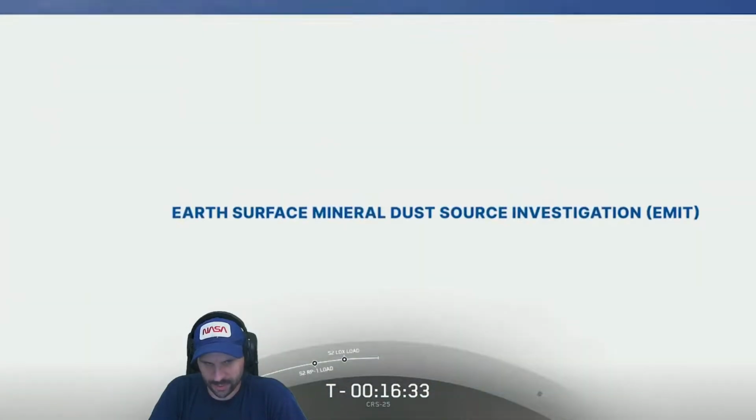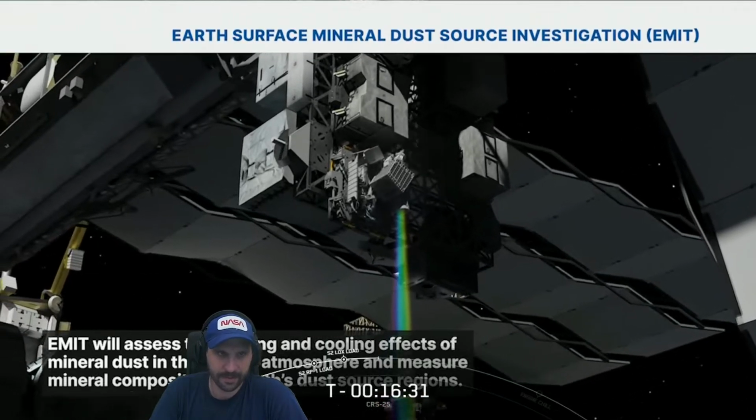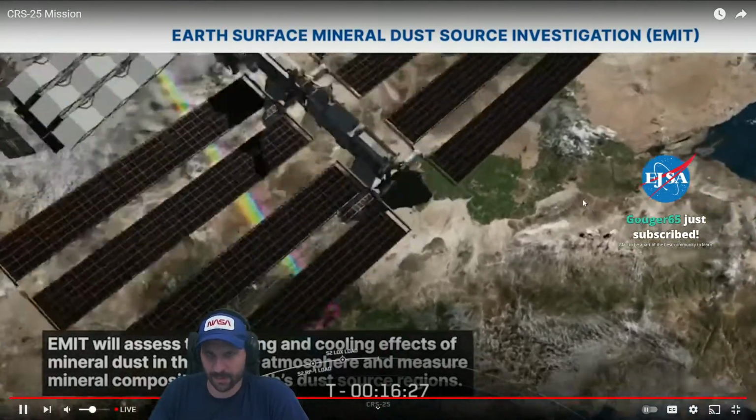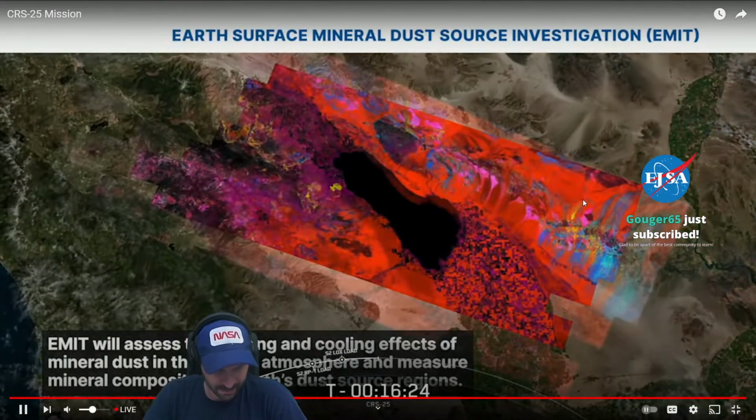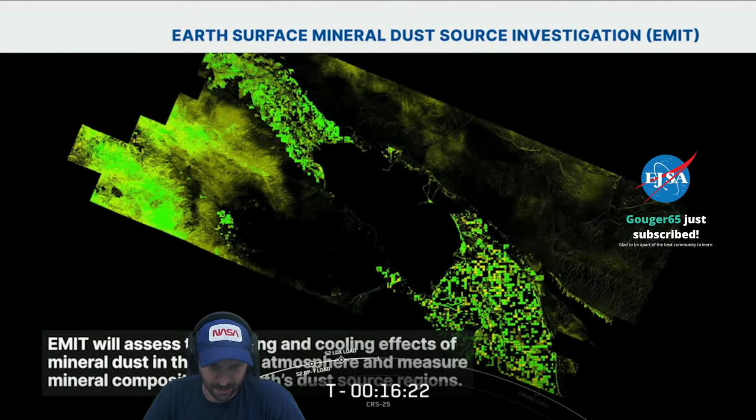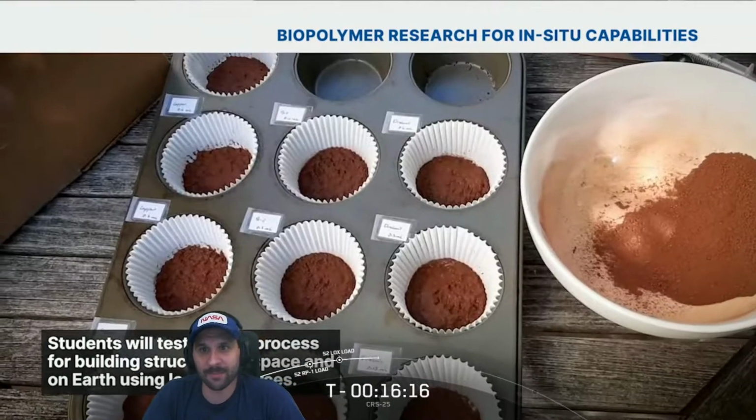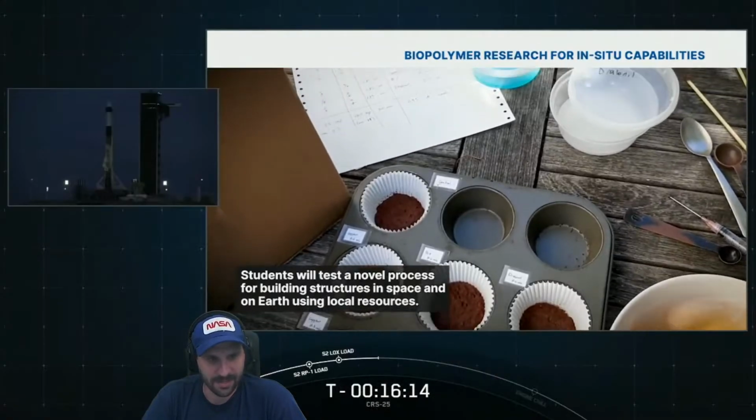Let's take a look at what's on board. EMIT, the Earth Surface Mineral Dust Source Investigation, will assess the heating and cooling effects of mineral dust in Earth's atmosphere and measure its mineral composition. Biopolymer Research for In Situ Capabilities: